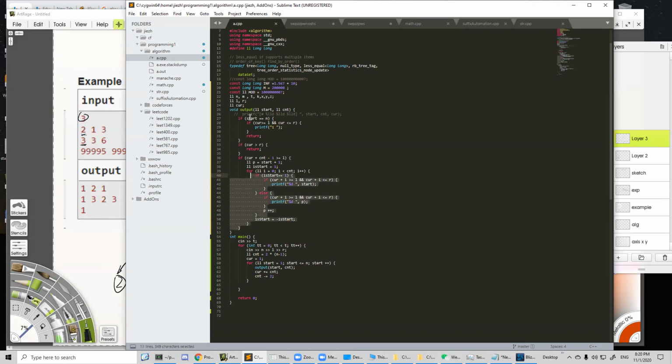So with this, we output the string, right? And this part is just to make sure that we only output those characters in the output range, right? And we are going to do this for all of those test